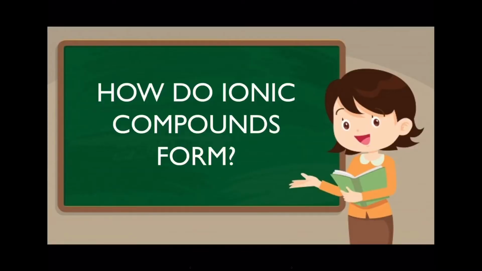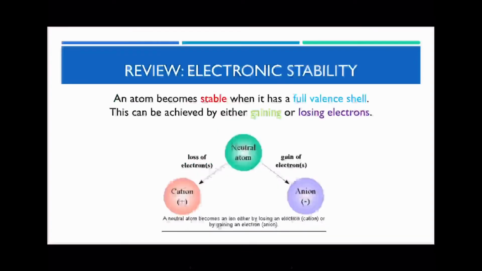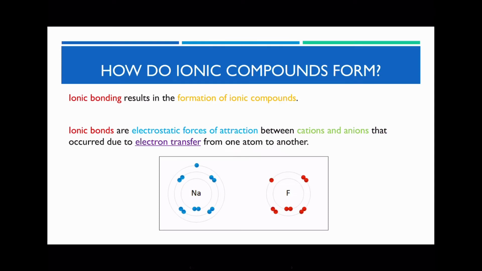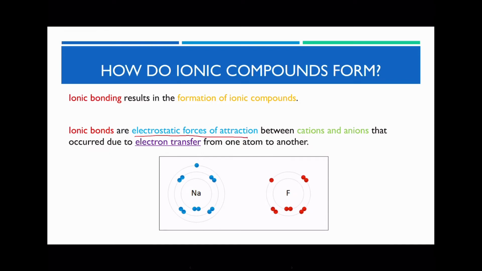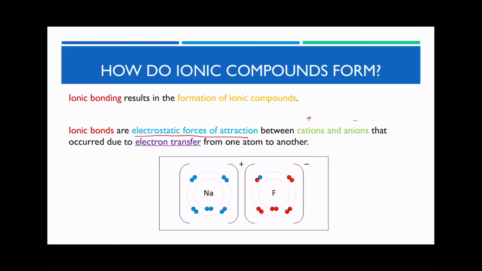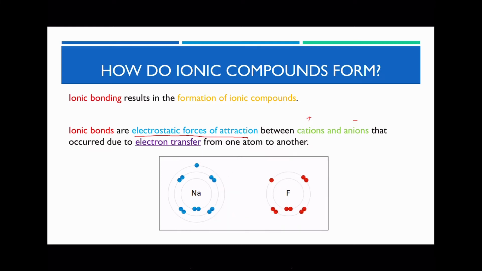We're now going to be looking at how ionic compounds form. Well, we need to quickly revisit how atoms achieve electronic stability. We say that an atom achieves stability when it has full valence electrons, either by gaining or losing electrons. How do ionic compounds form? Well, they form as a result of ionic bonding. We say that ionic bonds are these special types of electrostatic forces of attraction. So electrostatic forces of attraction are attractions between positively and negatively charged particles, between the cations, which contain a positive charge, and anions, which contain a negative charge, that occur due to these electron transfer processes